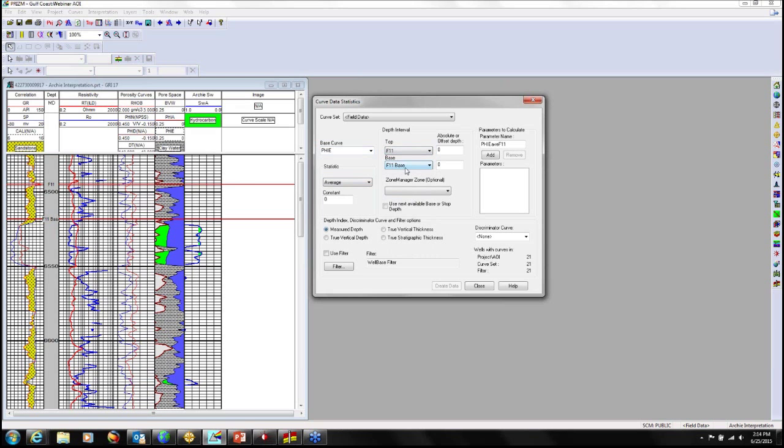F11 base automatically populates here. And then choose my Zone Manager zone, the F11 zone. And I'm going to choose to calculate my measured depth values, and I'll add that parameter. Now I can do this with multiple parameters. Once you've set all this up, click Add, and then move on to another curve and calculate that one as well. Then when I click Create Data,